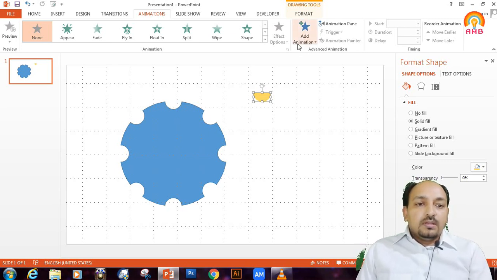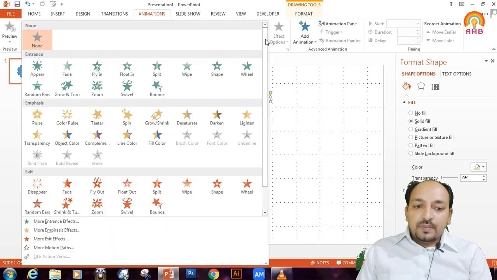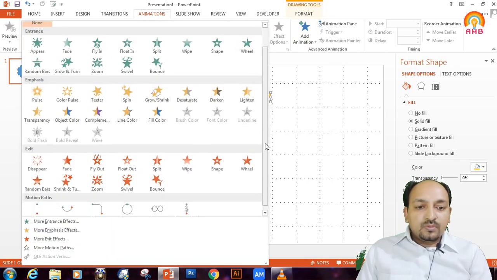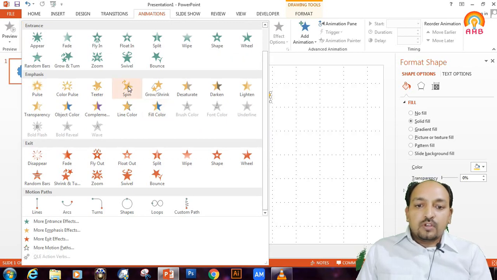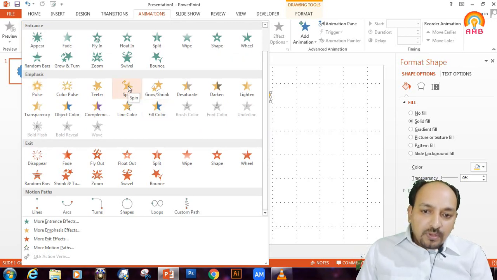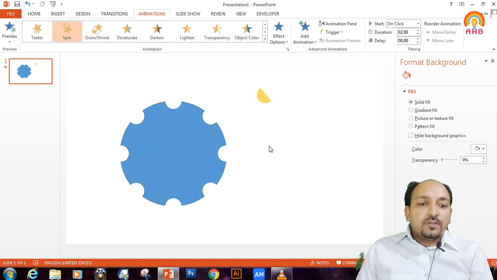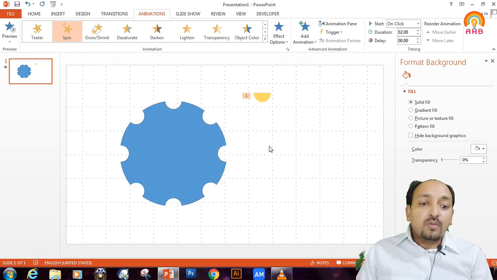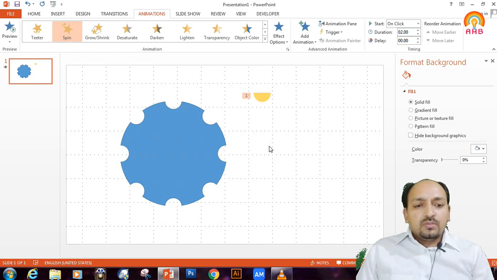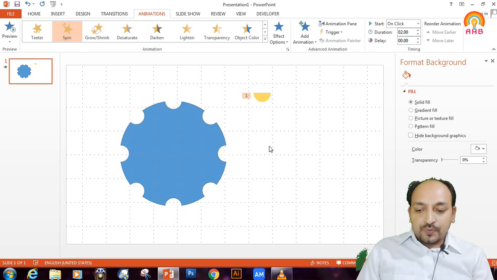In this case, there is an option to rotate this object, which is called Spin, but after this the object rotates only around itself, so it is not rotating as we had seen in the first video.